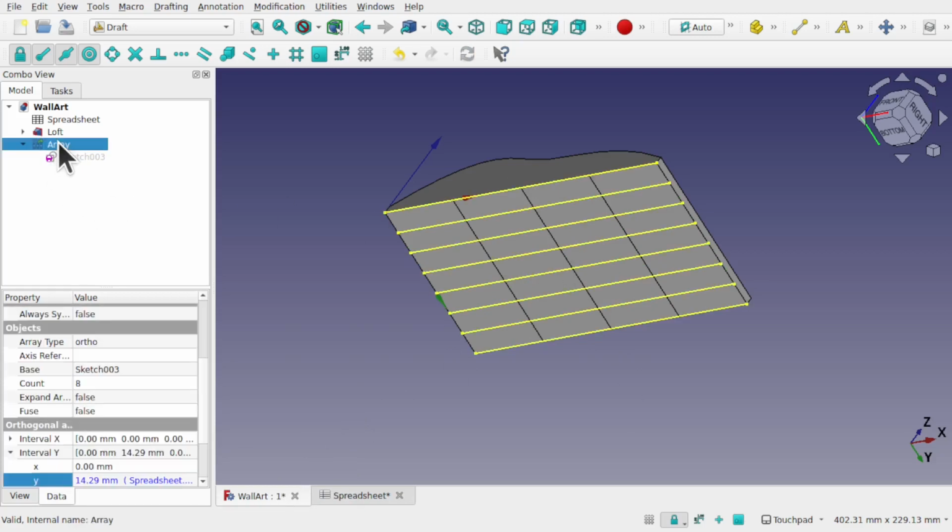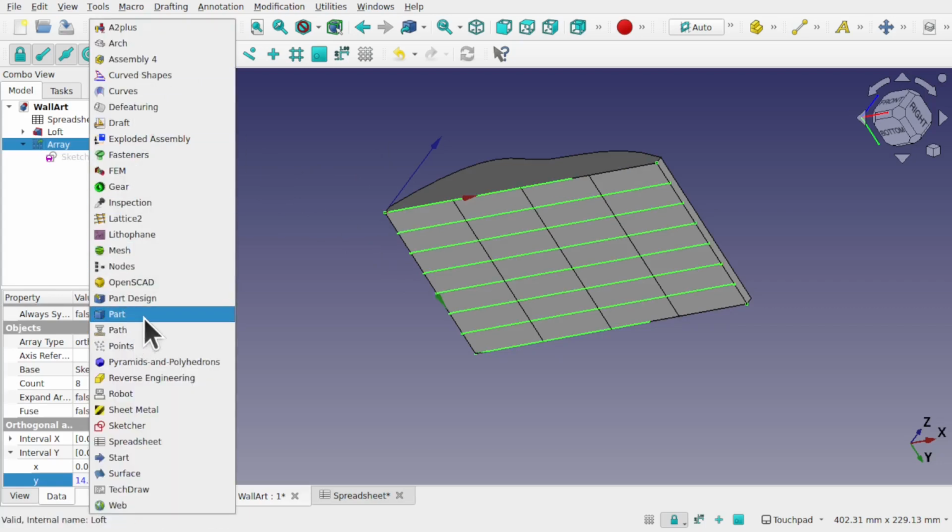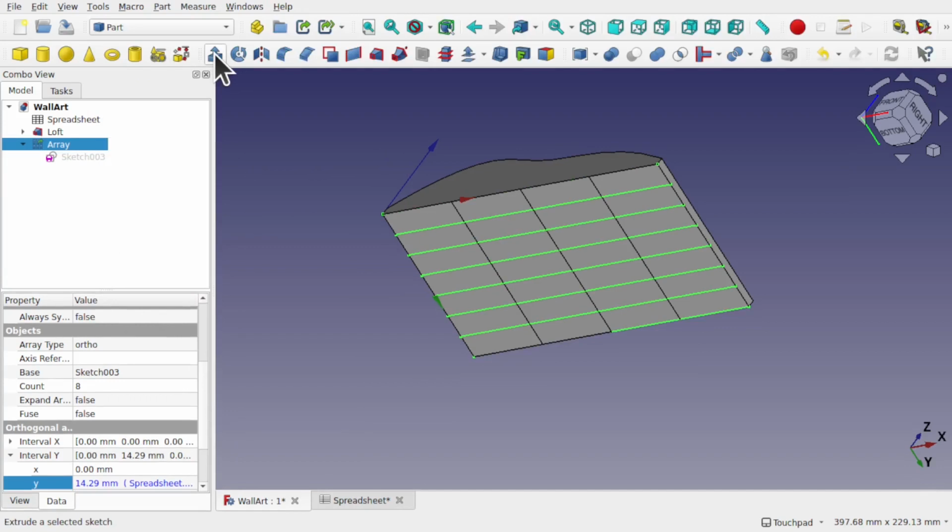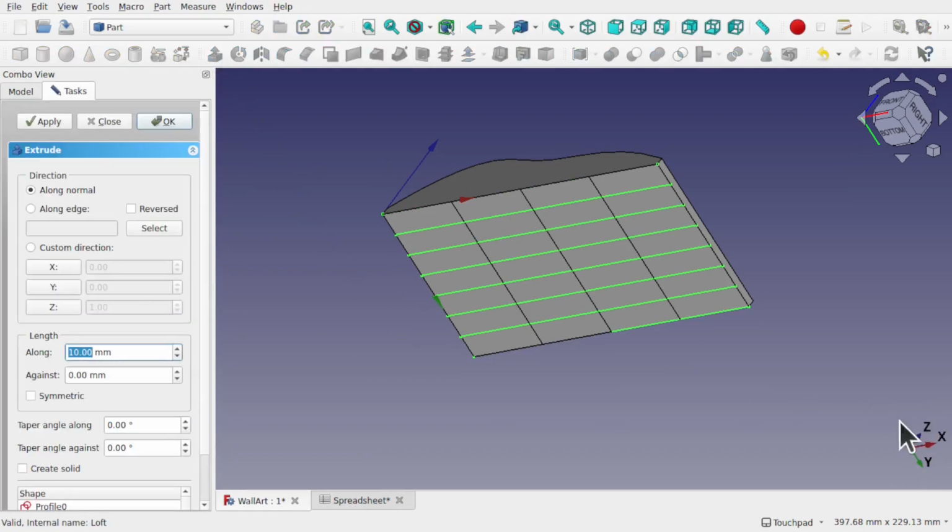Now we've got the array, what we can do is extrude this. So let's come over to the part workbench and use the extrude. We need to extrude along the Z axis, so going straight up here. So make sure we extrude along the Z, and this will be in the positive direction. So this way is positive, this way is negative. If we're just going from the center point, so positive, negative, positive, and negative if it's going along the X. So positive Z, and we're going to go, let's say around about 200 millimeters